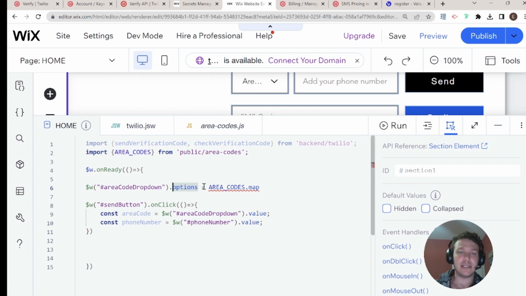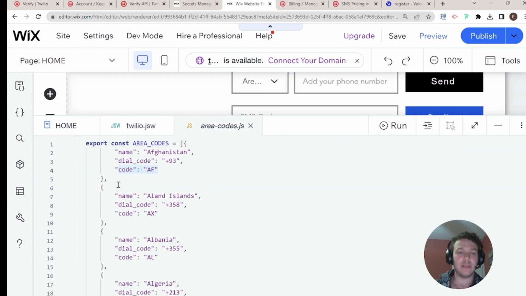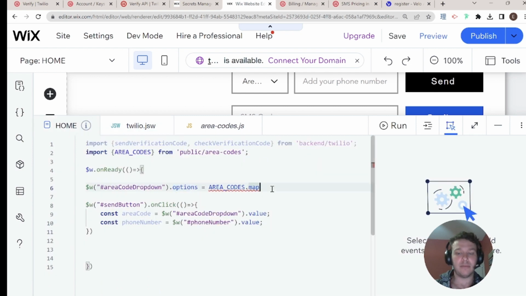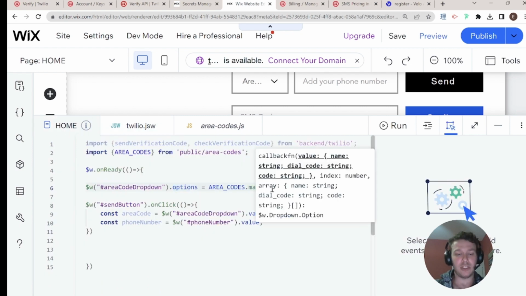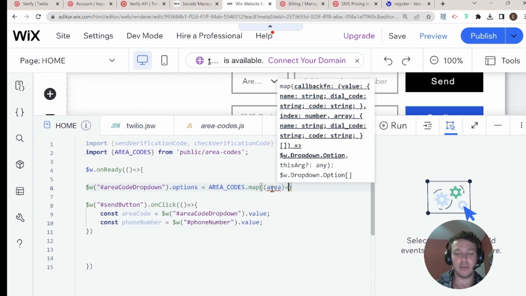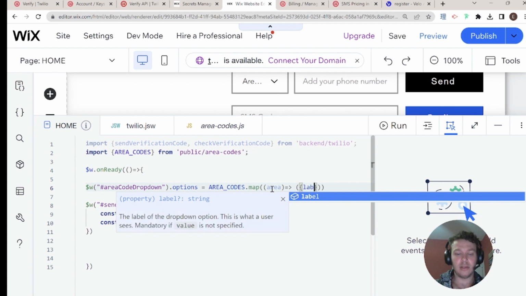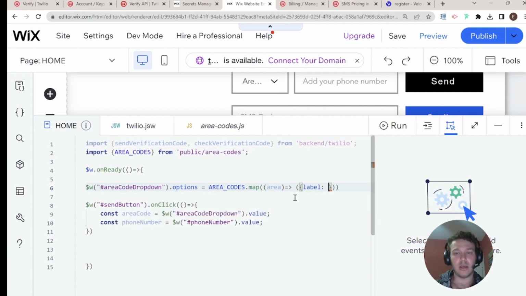So I need to take these area codes, which are built in this format, and change it into a value and option format, where value is what's going to be actually passed into our function, and label is just what the user will see in the dropdown. So if I go back to our front end, I'm going to map it so that for each area, let's call it, I'm going to have a label of